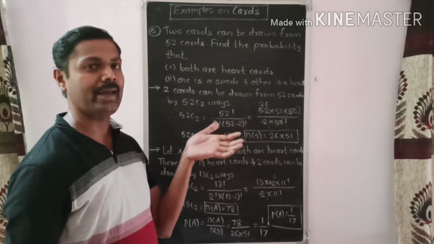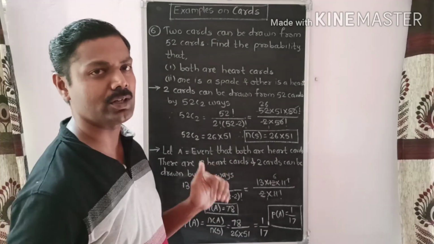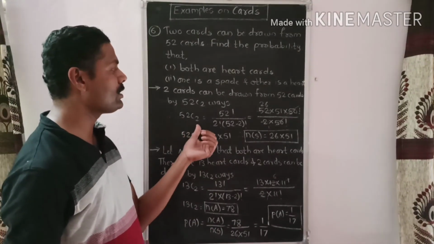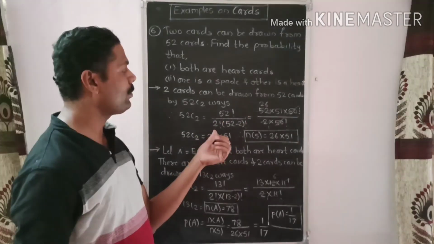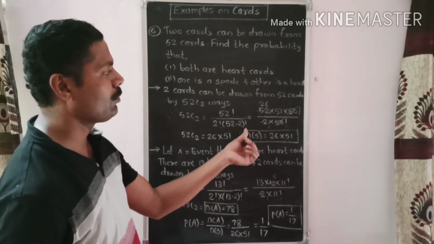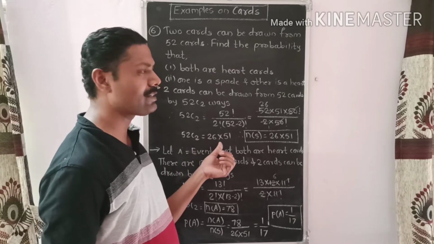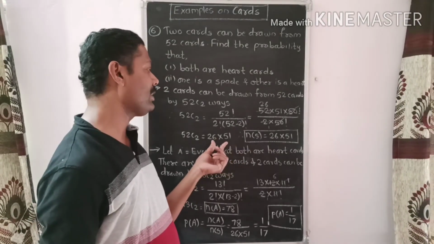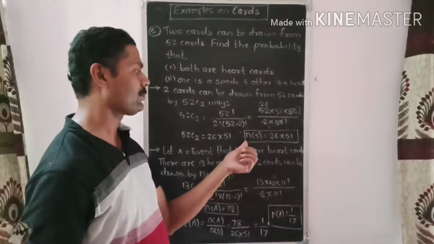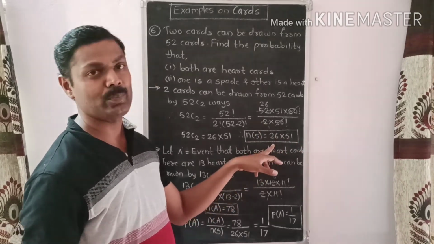So in the formula of nCr, we have to put n is 52 and r is 2 here for getting n of s. So 52C2 is 52 factorial divided by 2 factorial into 52 minus 2 factorial. So by calculating this, we have 52C2 is 26 into 51. You can find the answer of 26 into 51, or let it be as it is. So n of s is 26 into 51. It is our sample size.